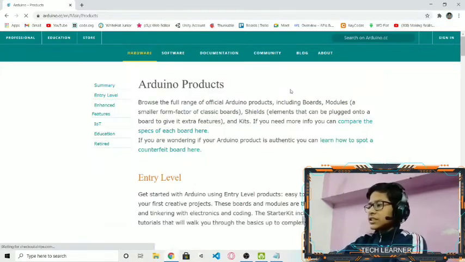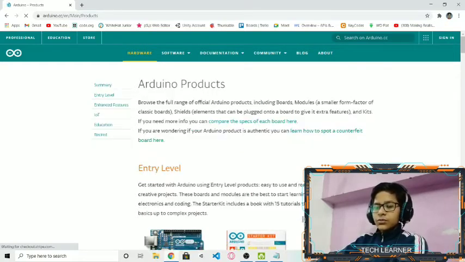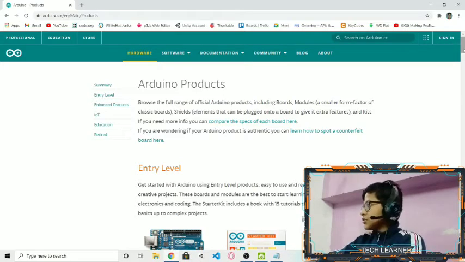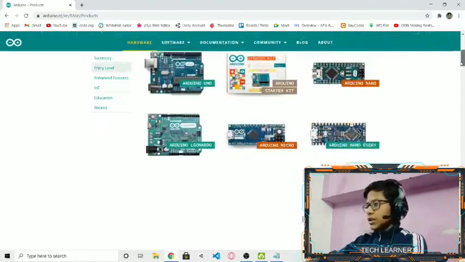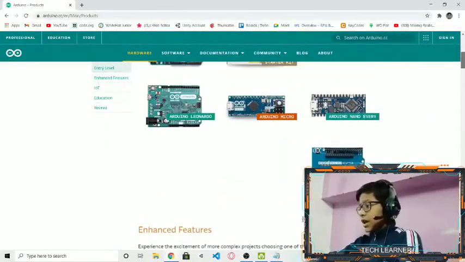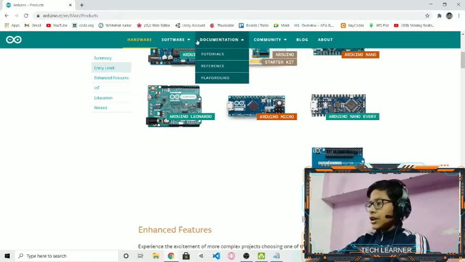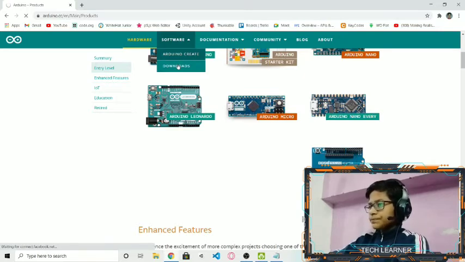Arduino sells its own products, but as the Arduino stores are not in every country, we can use different mediums to buy these products, and they are not fake or duplicate. They are real and can be useful too. So these are some products sold by Arduino and we will look at them further in our projects and use them too. For now we will download the Arduino software.